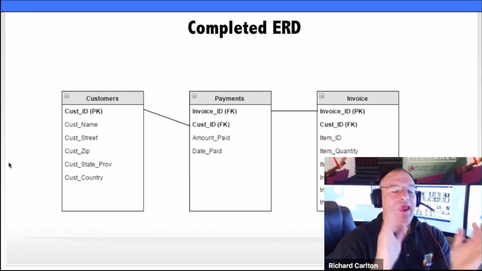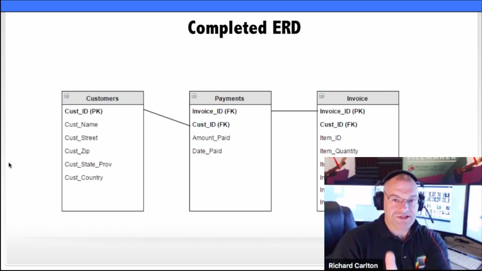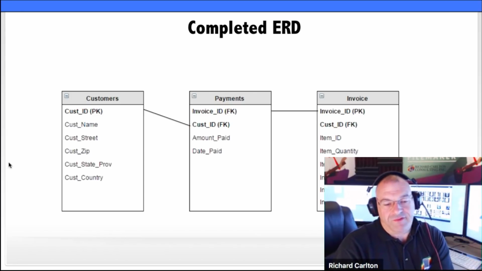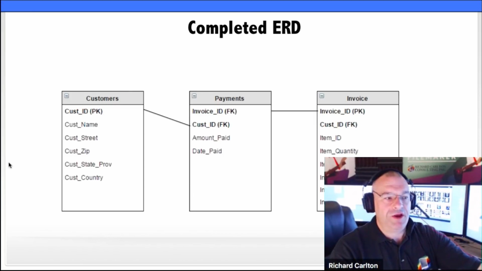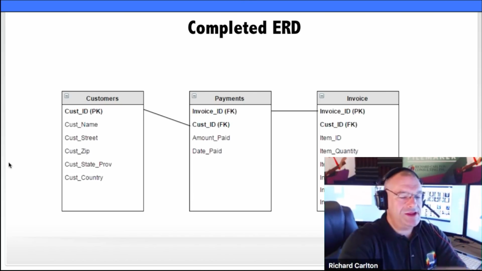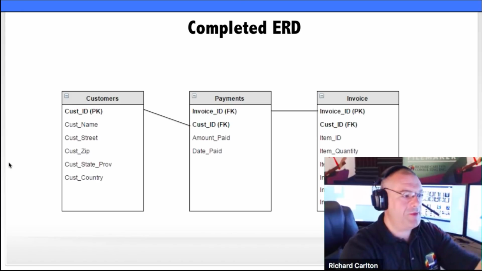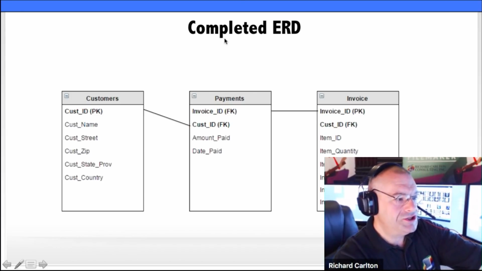So this is an ERD. In an ERD, every table is on screen only once, okay? An ERD is good for you as a developer or basic FileMaker person, or you're just a business person trying to understand what you're doing. The customer is on here once, the payments are on here once, invoice, the students, everything is on here once, and then you'll have all these lines going all over the place, even circular lines, like you might connect the customers